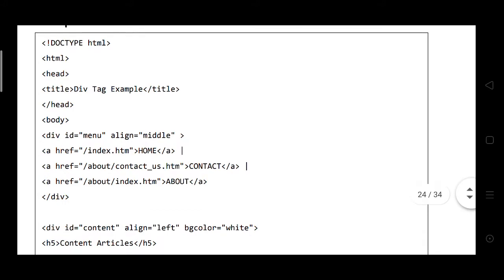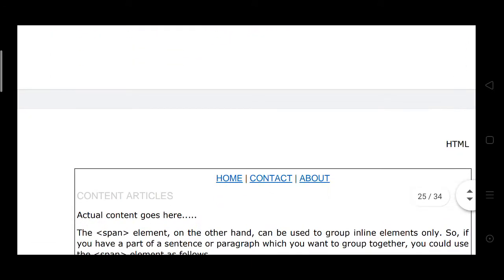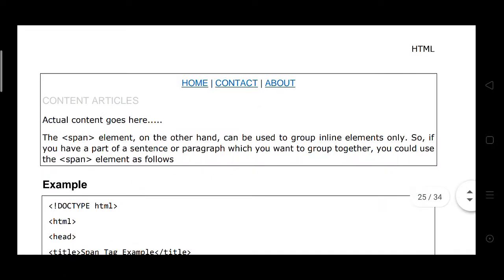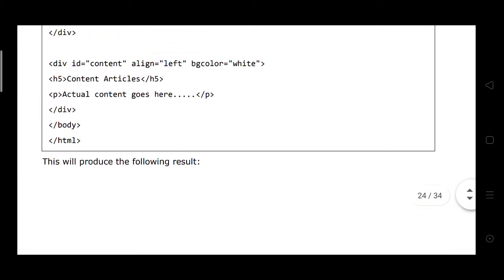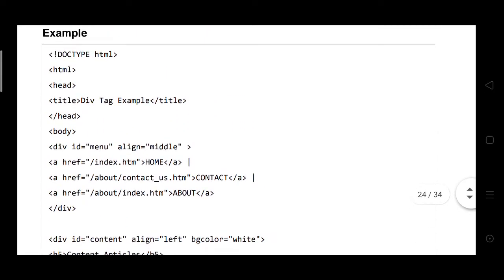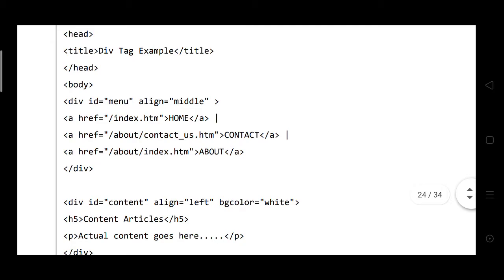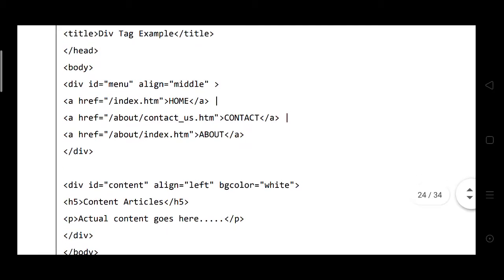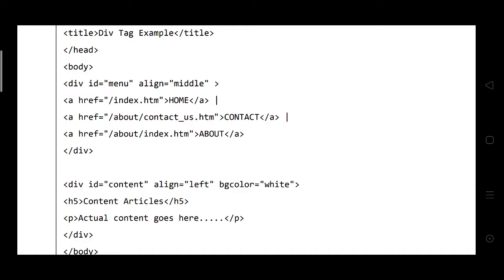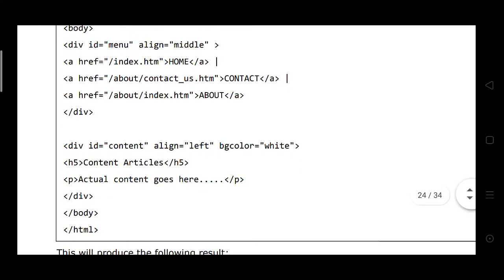Here you may write the example: doctype HTML, div tag example, div id menu, align middle, href index.html, href about, content as HTML, div id content, align left, background color white.